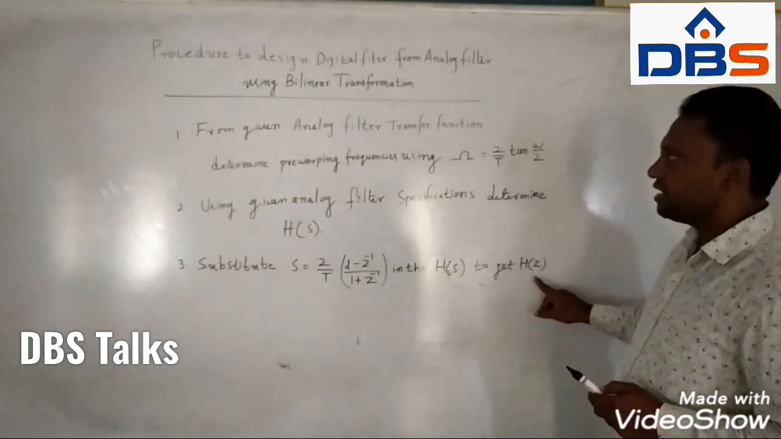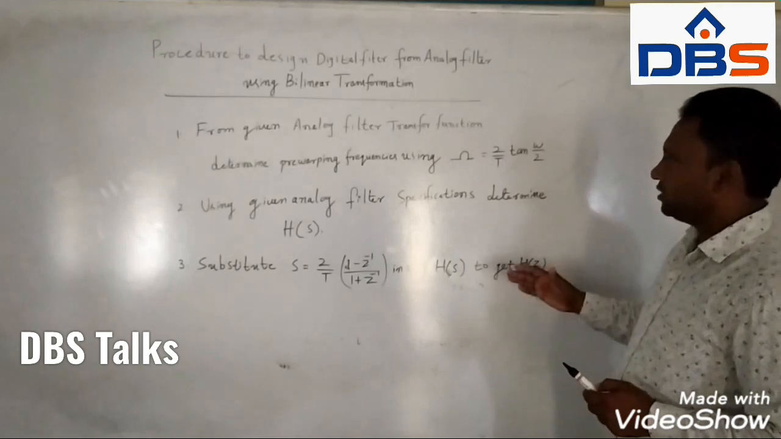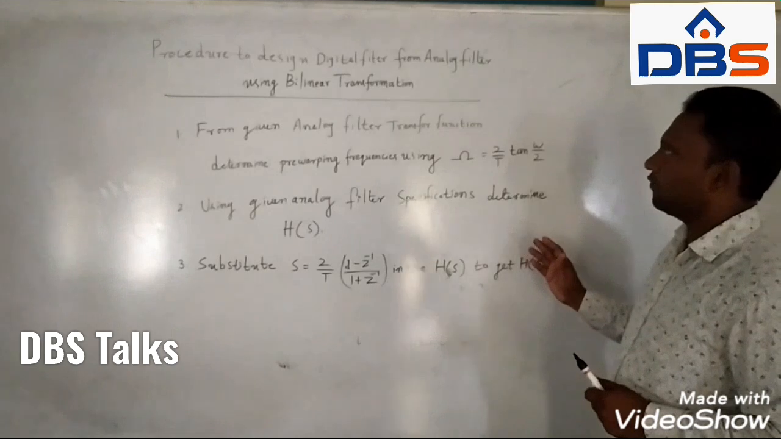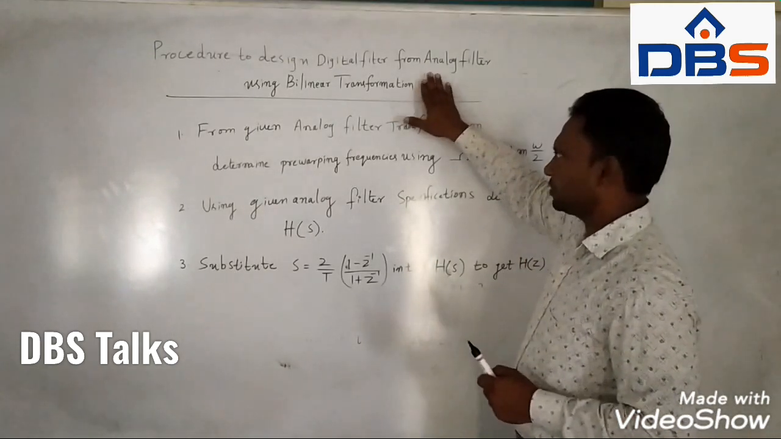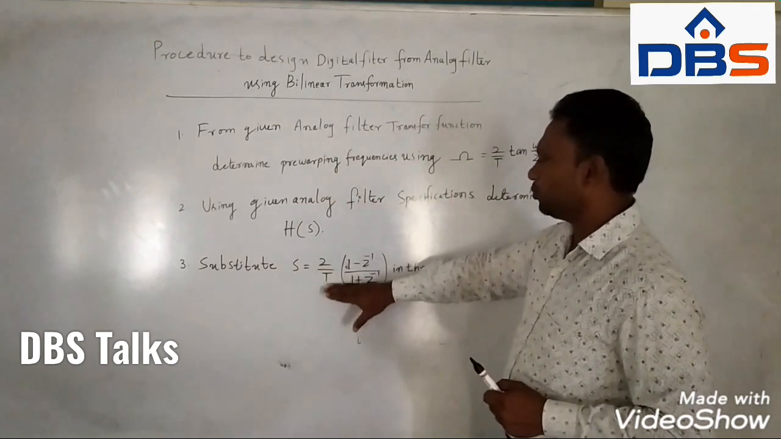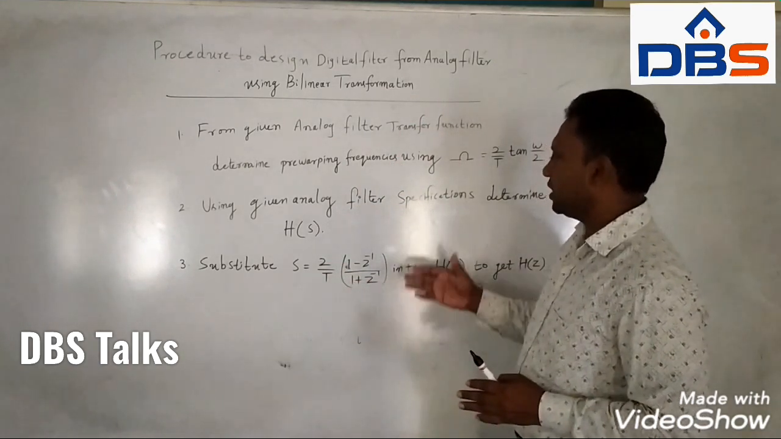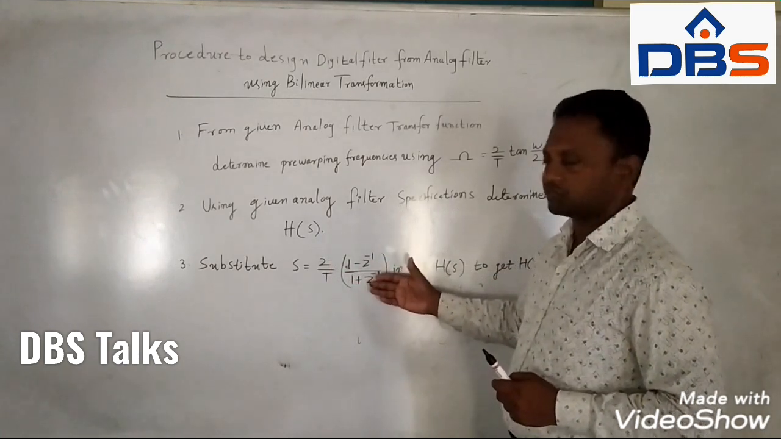Okay, H of Z is the digital filter transfer function, and that is the procedure to convert any analog filter transfer function to a digital filter transfer function using bilinear transformation. The only simple thing is, wherever S is there, you substitute 2 by T times 1 minus Z inverse by 1 plus Z inverse, and you simplify the equation, you will get H of Z. Why you have to substitute S is equal to 2 by T times 1 minus Z inverse by 1 plus Z inverse,